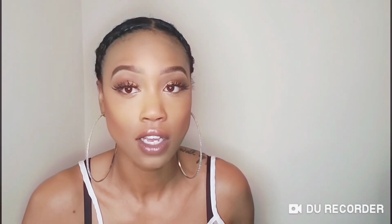But we're pretty much done with this makeup look. I just want to jump right into the lip gloss. This is going to be the last finishing touch. Well,